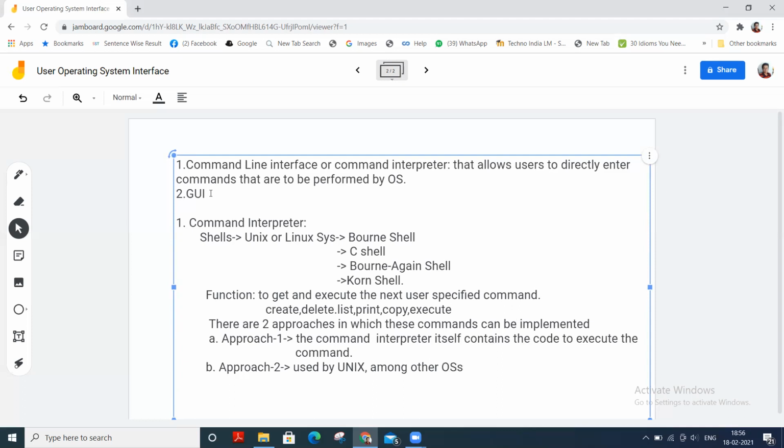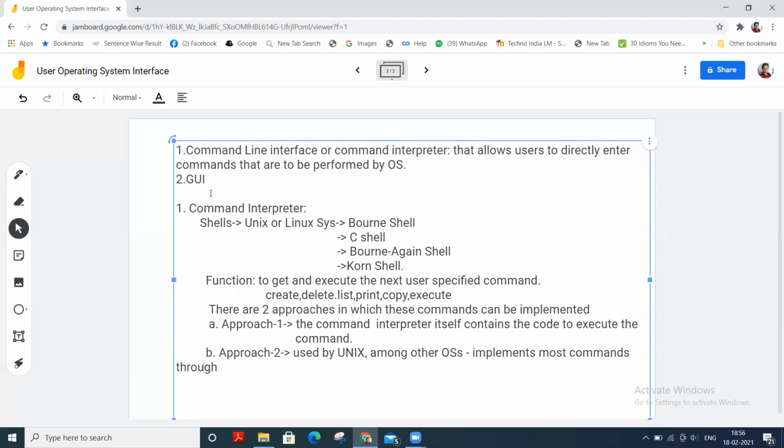These operating systems implement most commands through system programs.